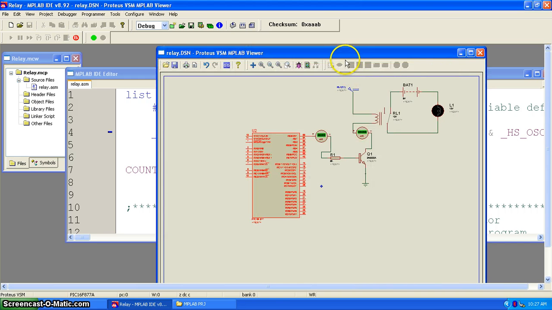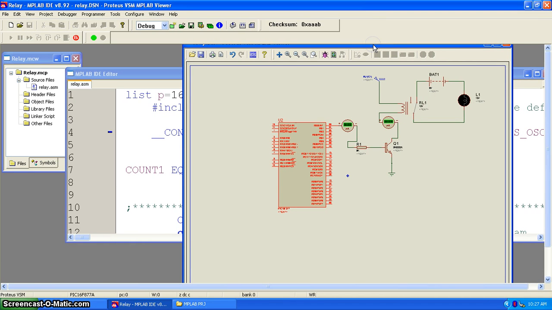Now this hex file is available to the microcontroller, and the design is there. So now what I can do is run this particular